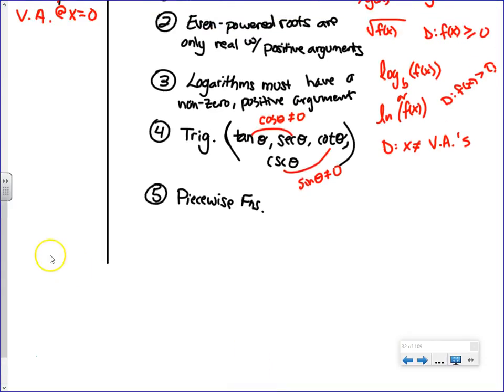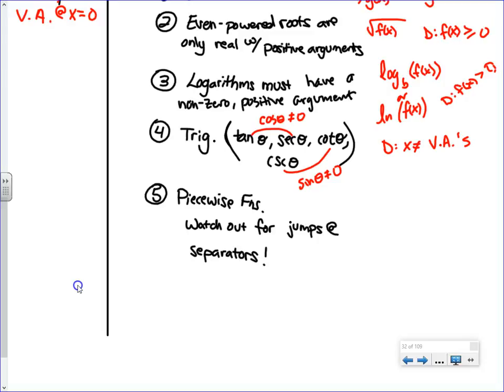But number 5. How is a piecewise function discontinuous besides whether it has a square root or a denominator or a logarithm or trig? There's a jump at a separator. Watch out for jumps at separators. So, hold on, this might help some of you because some of you are really bad at piecewise functions and figuring out whether or not they match up, whether it's an original function for continuity or its derivative for differentiability. So what if I was to give you something like f of x is equal to g of x